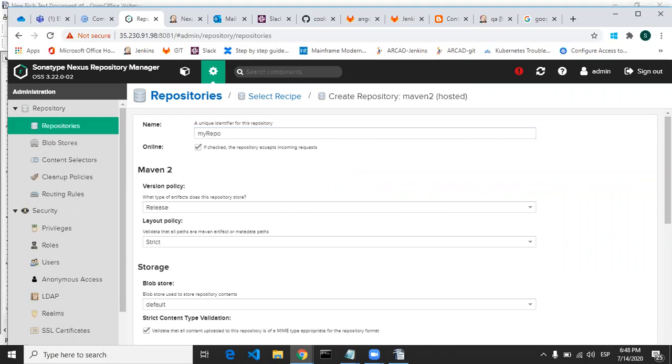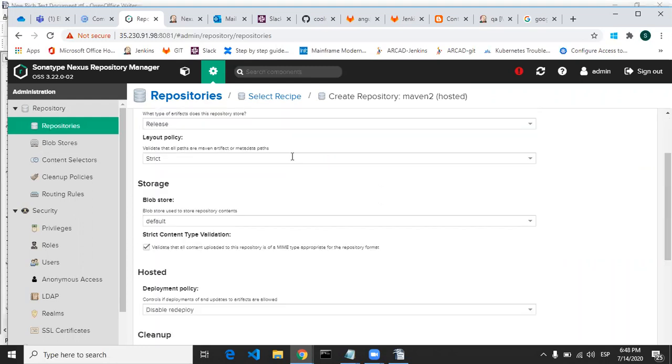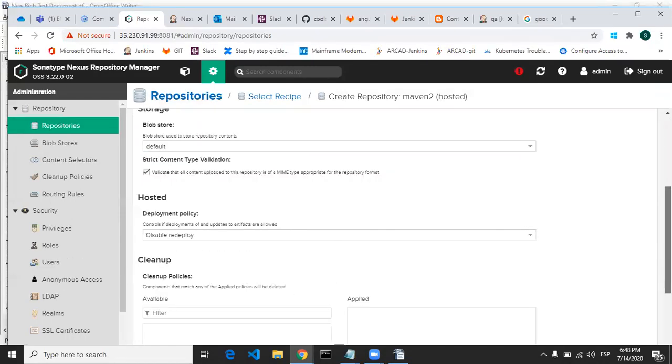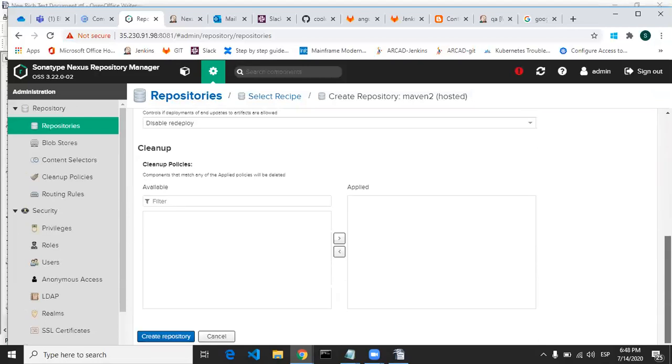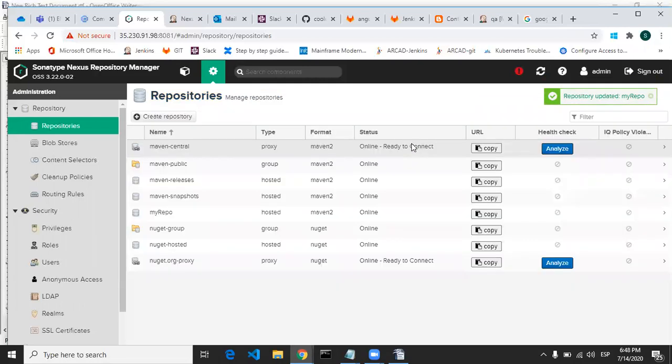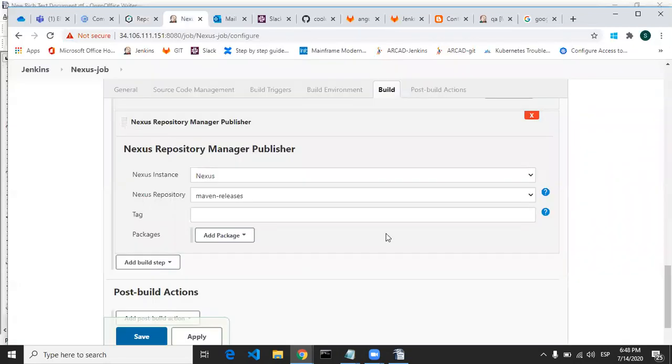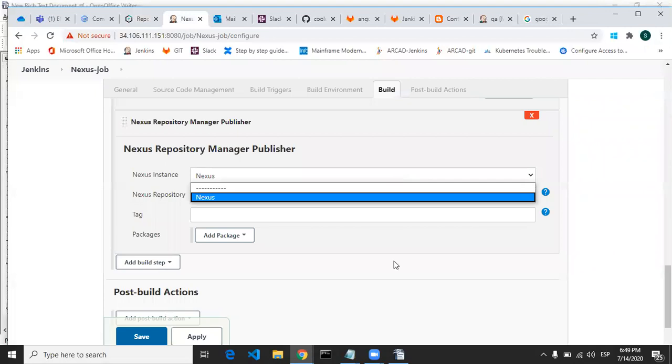Okay, now permissive blob default, let it be everything as it is, and then create a repository. Okay, so you can see my repo under Maven repository.